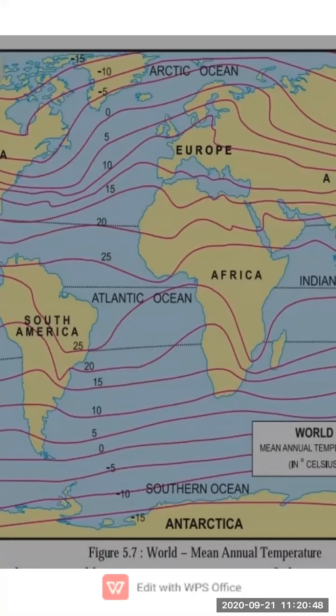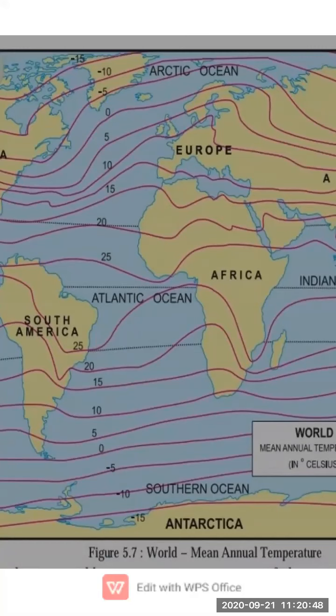See, at this 0 degree, what is happening? It moves straight, but when it reaches North America, it turns somewhat to the north. See, it is moving on the north side. We are observing the 0 degree isotherm in the north. From here it is moving, and when it reaches North America, it moves towards the north side. So it turns somewhat to the north.